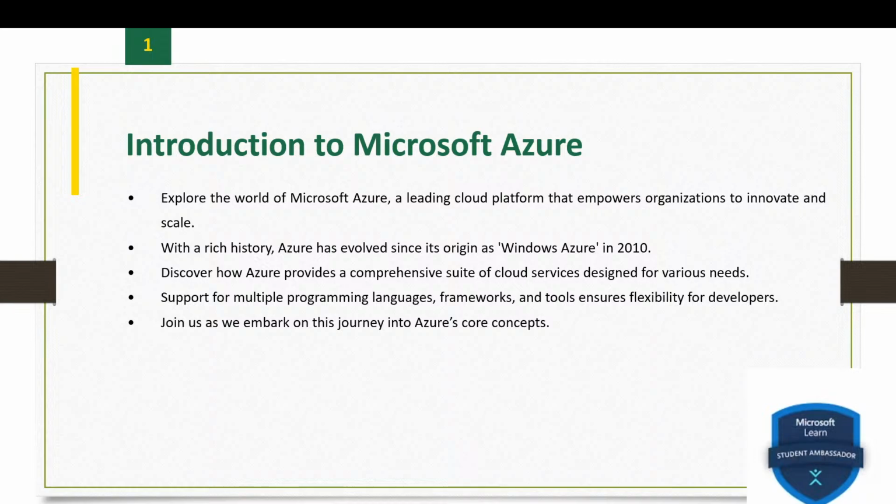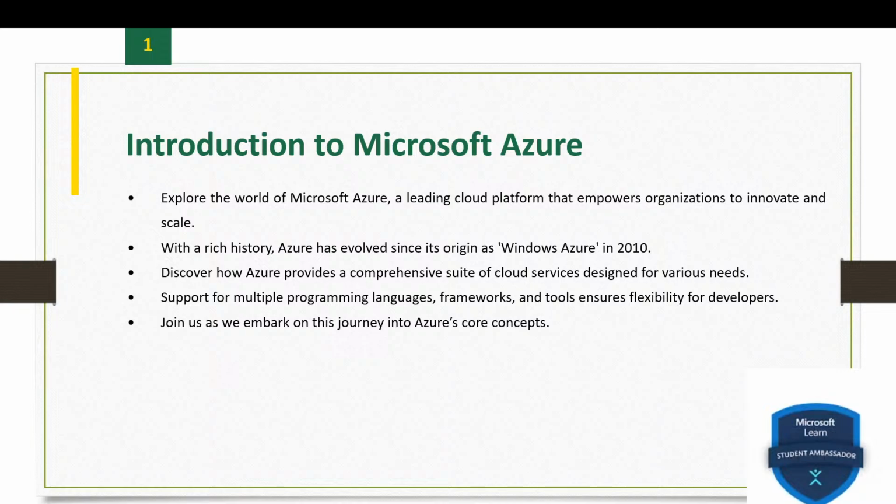Fourth one, integration with Microsoft products. Azure seamlessly integrates with other Microsoft services like Office 365, Dynamics 365, and Active Directory, enhancing productivity and collaboration. And fifth one is hybrid capabilities.